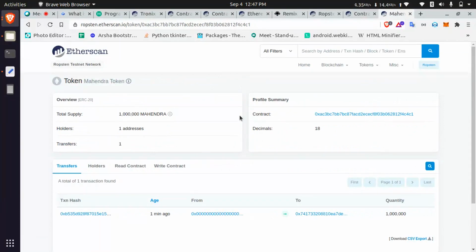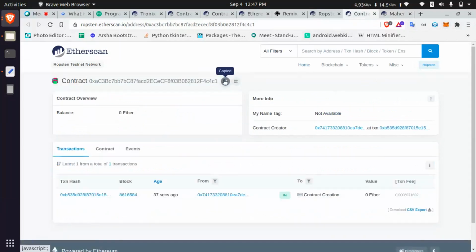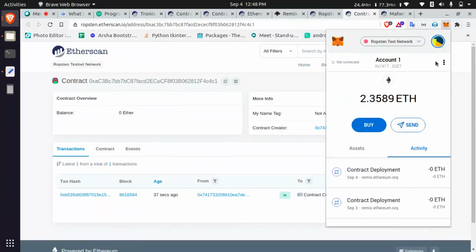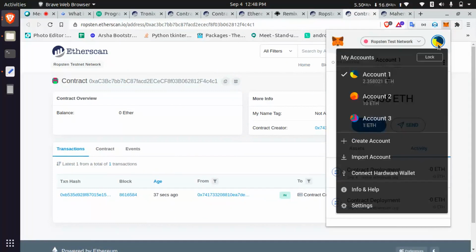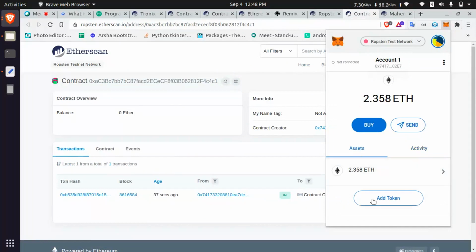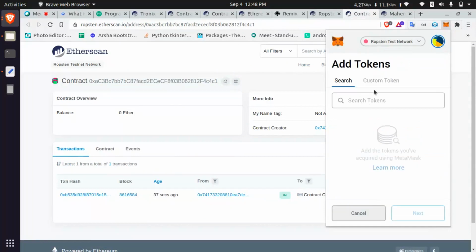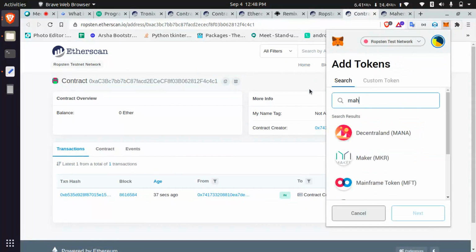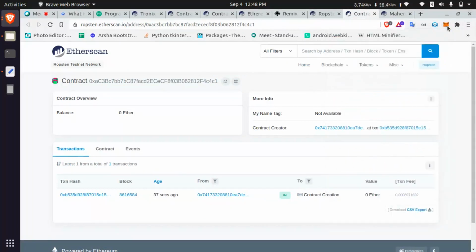Let's see, we can add this into our MetaMask. MetaMask will show the balance of the token. Assets, add a token, search like Mahendra, custom tokens.